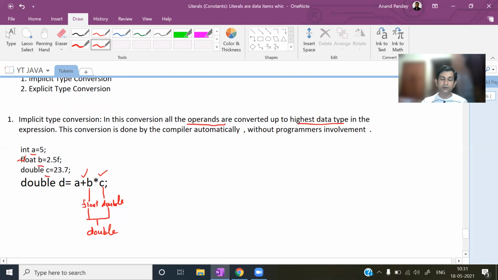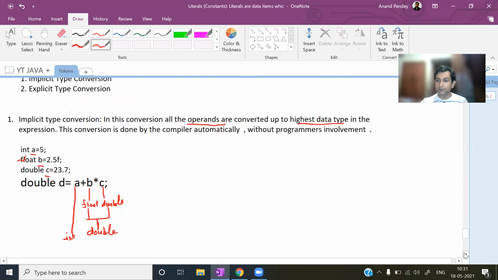So B was of float type, C is of double type. Out of float and double, double is the higher data type, so both will be converted to double, and the result will be of double type. Now, whatever product we get from B into C, of double type, will be added with A. The result of B and C will be added to A. A is of int type, and the result of B into C was of double type.